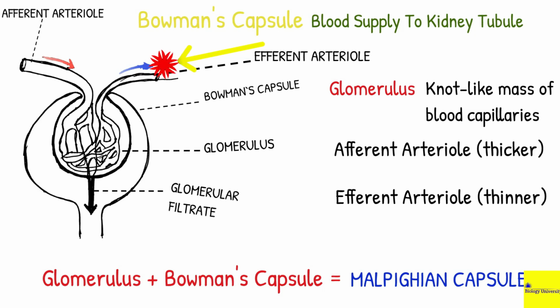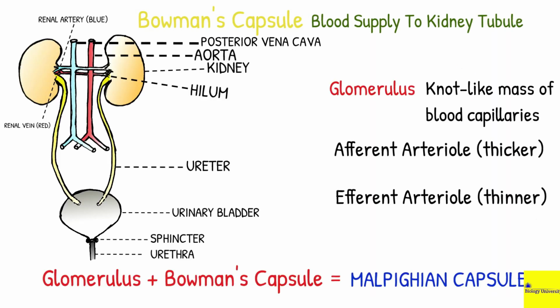The efferent arteriole then comes out of the Bowman's capsule, runs a short distance and then breaks into secondary capillary network surrounding the renal tubule and then rejoins to form a vein. By uniting again and again and with other veins of the kidney, it ultimately forms the renal vein, leaving the kidney to pour the blood into the posterior vena cava, which is discussed in the other chapter of circulatory system.